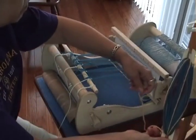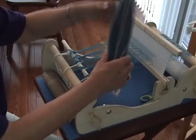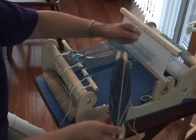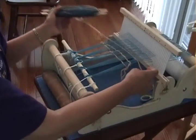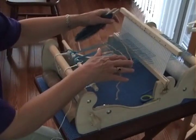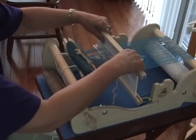And you notice I'm not beating this together yet. I want one more pass, so I'm going to move it back to the up position. And you want to loosen your shuttle each time you go through if you need to, because you don't want to be pulling and creating tension because your threads that are coming off are too short. Alright, this time I'm going to pull it a little bit tight, and I leave the top at an angle. This helps with the tension when you are pulling your heddle. I will pull it through,